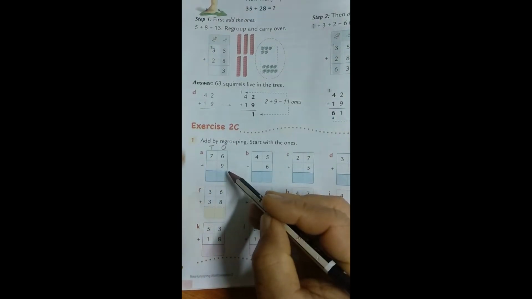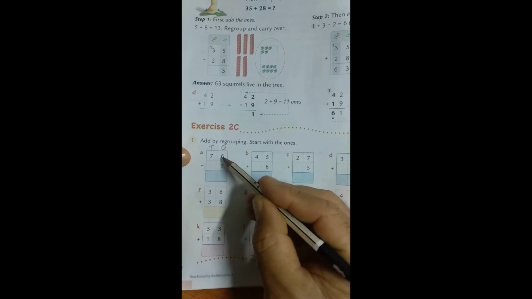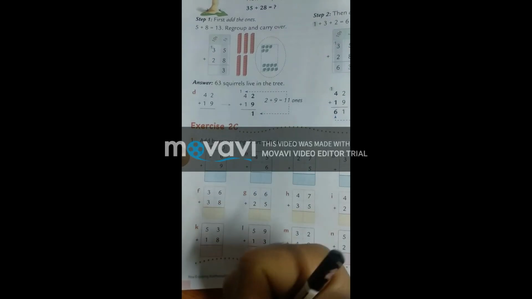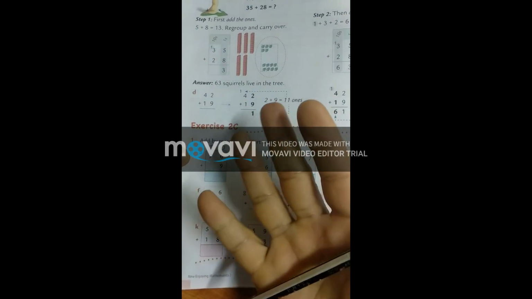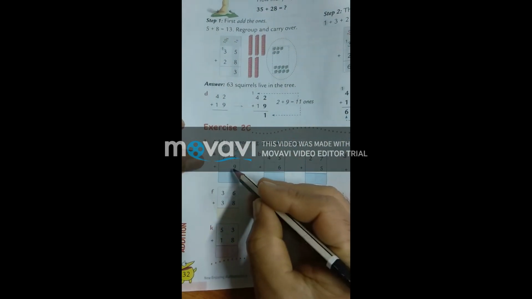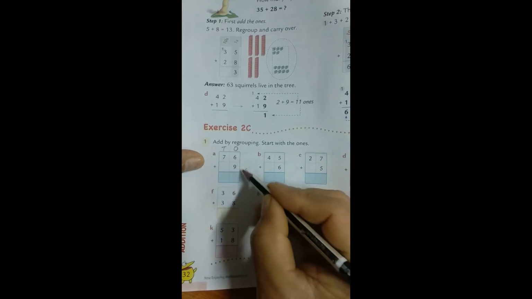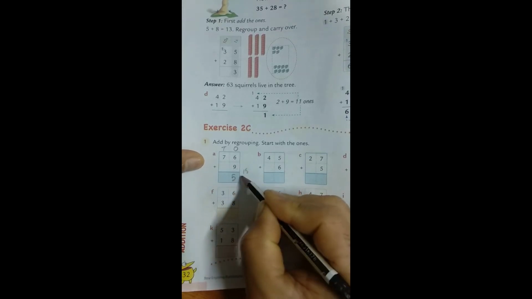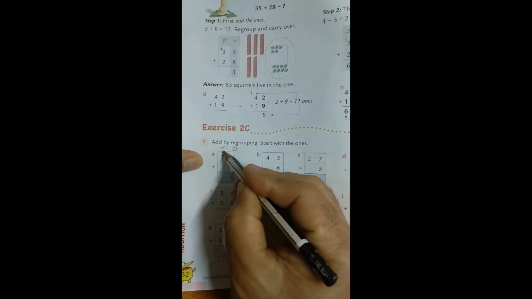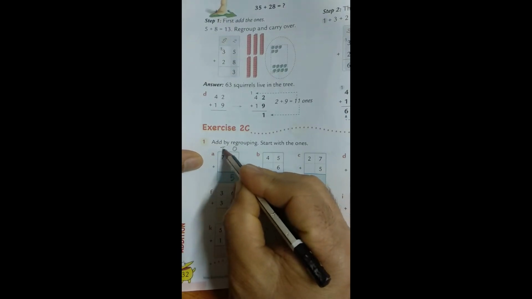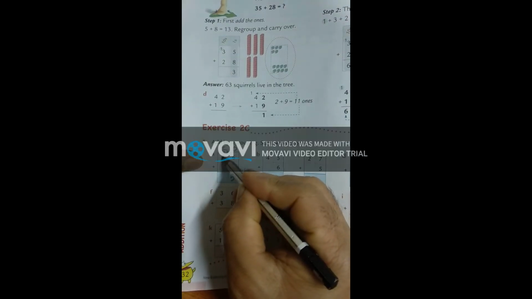Again I am telling you, you have to add this 9 plus 6. After 9 you count 6. 10, 11, 12, 13, 14, 15, 16. So this is 15, up to 15. 9 plus 6 is 15. 5 you have to write here, and this one becomes the carryover. This is called regrouping, addition with regrouping. Then add these two. Carry you have to add with this for the tens digit.